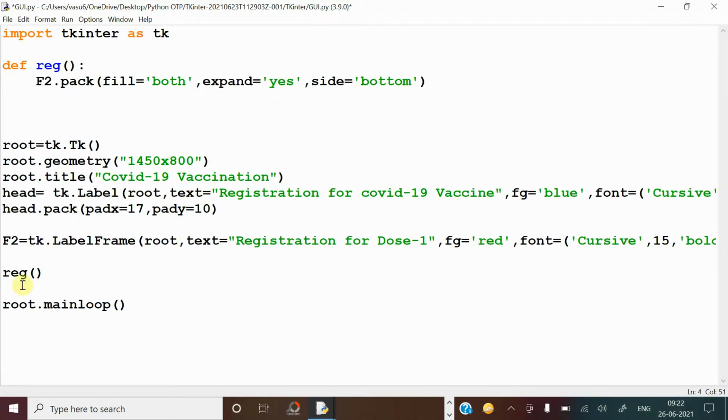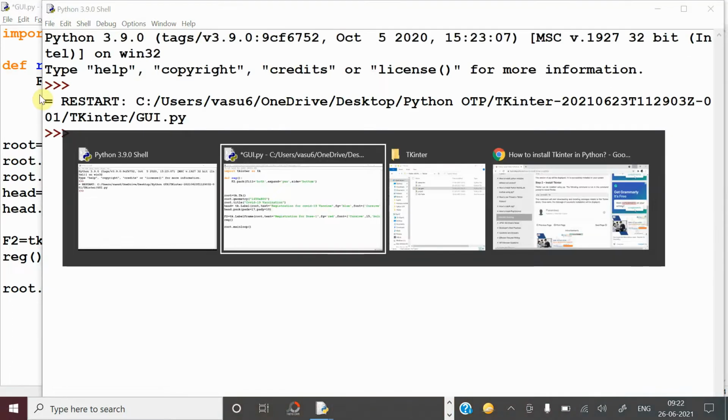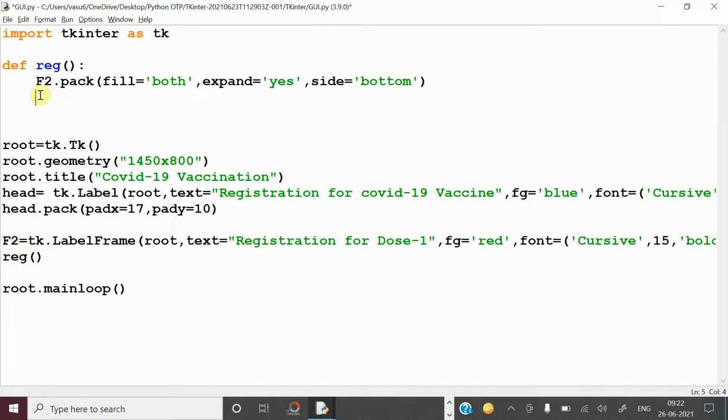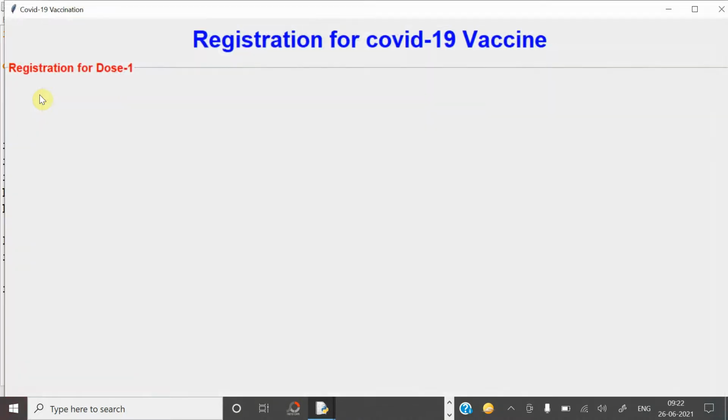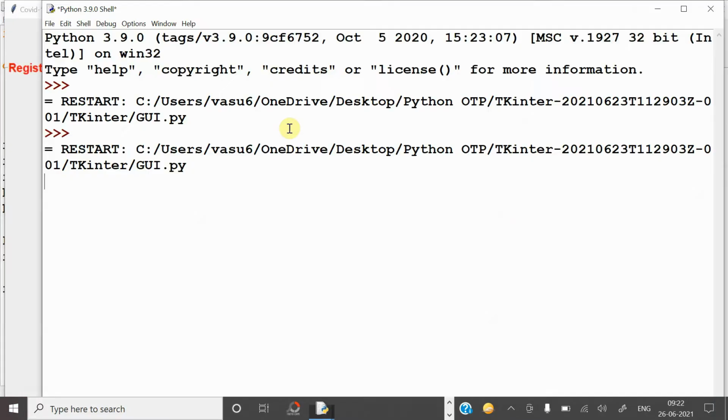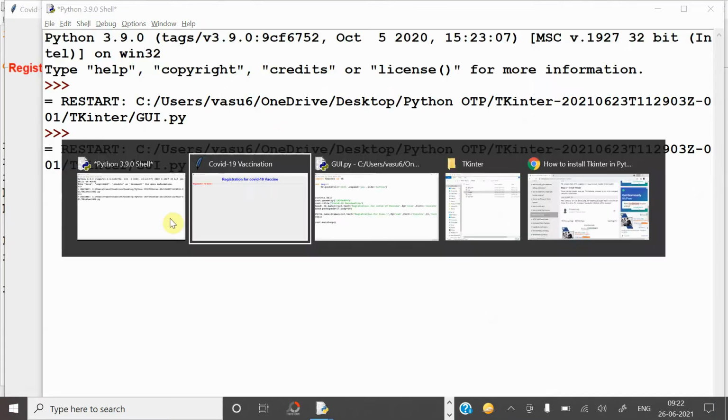So whenever you are starting the registration, first pack the frame, and within that frame you can keep the content. So now what is the very first thing you need in the GUI component? First I am taking the enter the username. So let us see how to do.